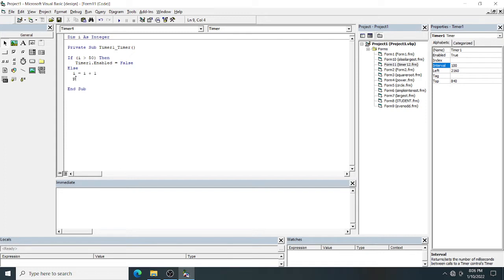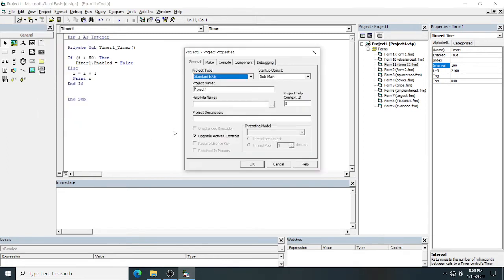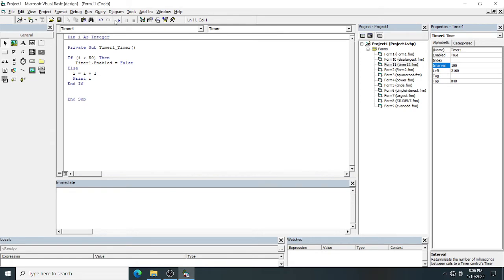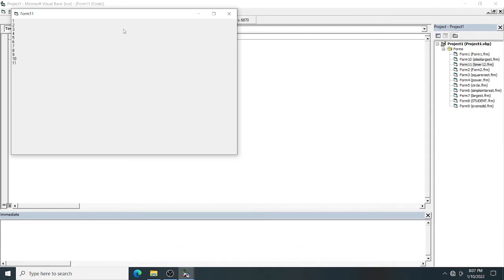Now I will print the value of I on the form, inside the if else statement. Now let's execute. Project properties 1. This is your form 11. You can see how it is executing.